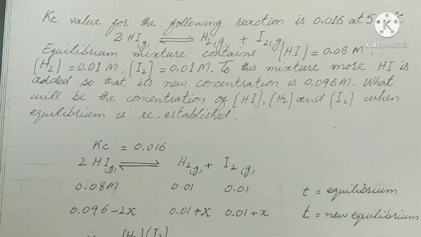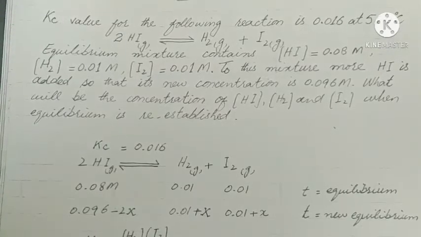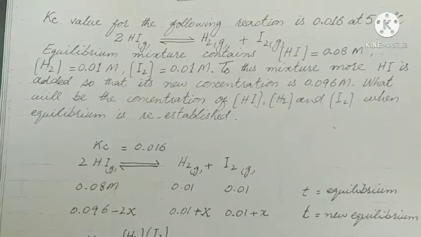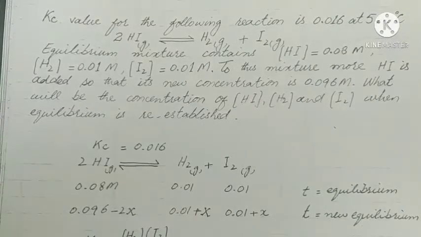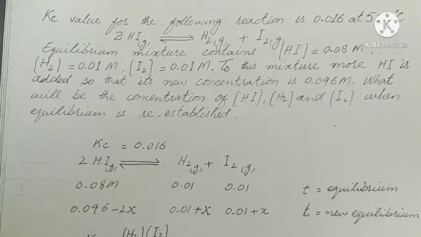We know that at equilibrium the forward and reverse reactions are taking place at equal rates, and when it is disturbed by adding either HI or some other reactants or products, the equilibrium is re-established. Now we have to calculate the concentration of hydrogen iodide, hydrogen and iodine when more hydrogen iodide is added, when the reaction has reached the equilibrium state.